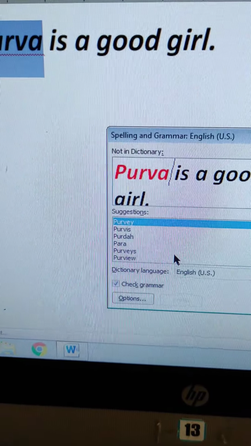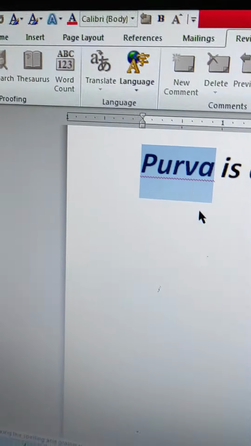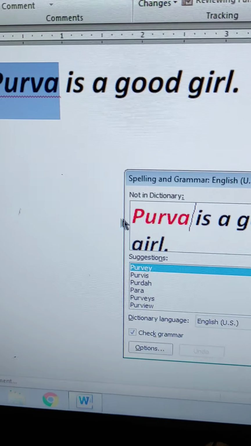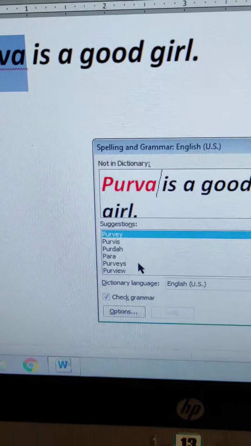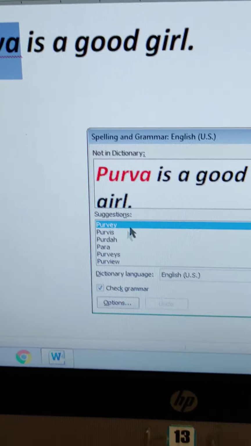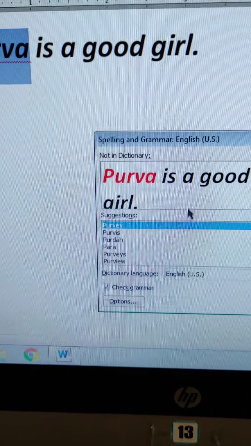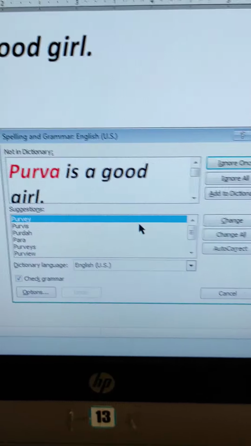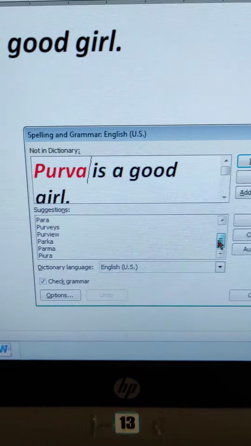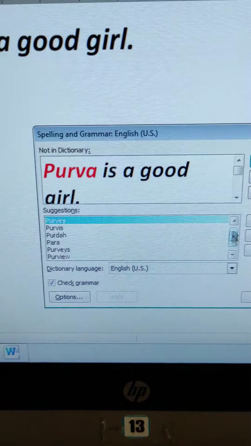The error will be marked in the color I explained earlier, red. In the suggestion box, you have to correct the spelling. You can see in the suggestion box that the name is not there in the list.